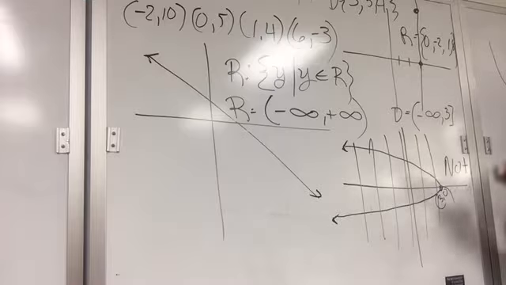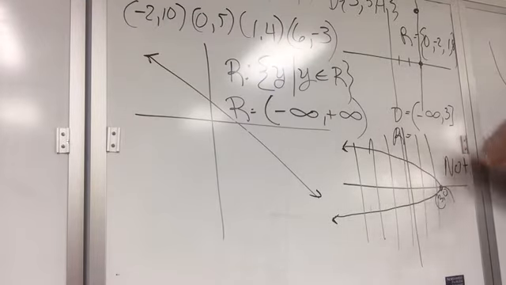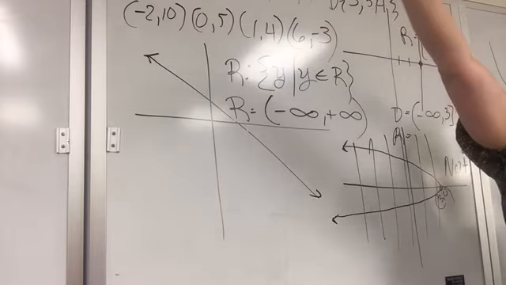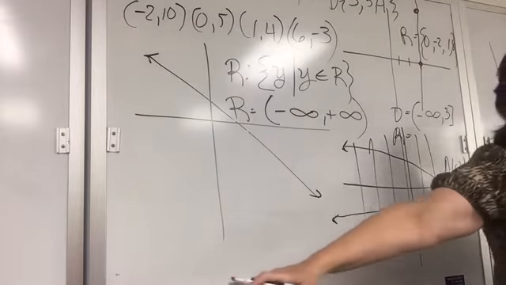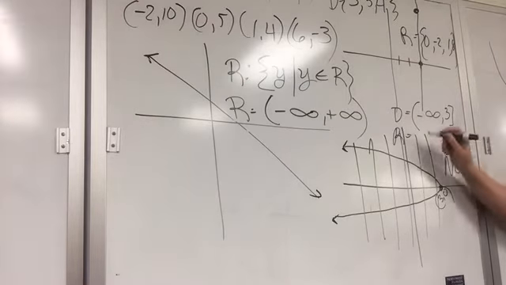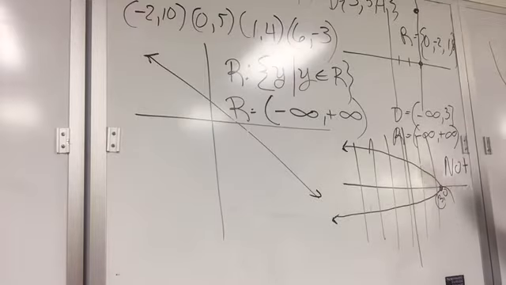Okay, but what about my range? My range, is there anything limiting how high or how low? Okay, because this is constantly spreading, isn't it? This arm here is just going to keep on climbing slowly higher. This arm here is going to keep on going down, and it is infinite. So my y is negative infinity to positive infinity. Okay, so I can't have one that's infinite and one that's limited.